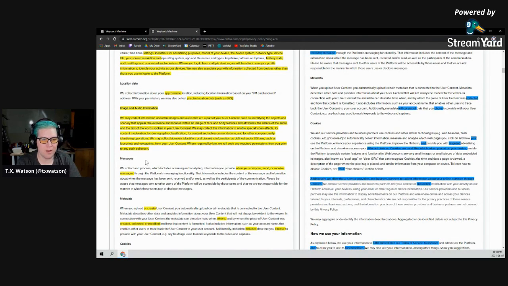So the demographic classification is a big deal there, because that's saying that it's going to identify things about your visual appearance that may connect you to specific demographics. That includes things like gender, race, age, it can include things like ability or disability.